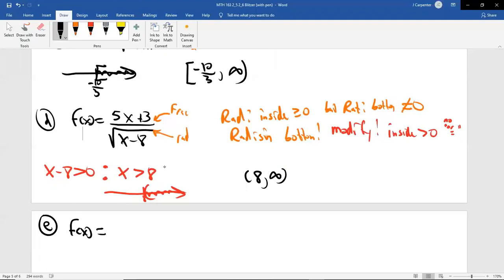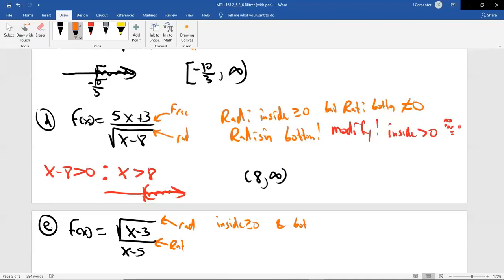Last one of these, and probably the last problem we do today. F of x equals the square root of x minus 3 all over x minus 5. So once again, we have a radical and we have a rational because it's got a fraction and it's got a square root. So both of those issues are going to come up. We're going to have to set the inside traditionally bigger than or equal to 0, and we're also going to have to set the bottom